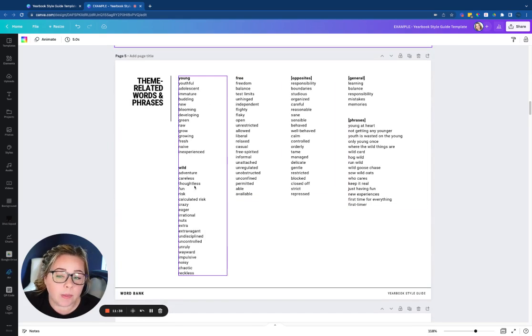So then we have a list of theme-related words and phrases. I broke mine down by section. So I have young, wild, and free, and words that relate to each one. Under young, you have youthful, adolescent, immature, budding, new, blooming. Literally go to thesaurus.com, type in the word young, and don't just write down all the words, but write down